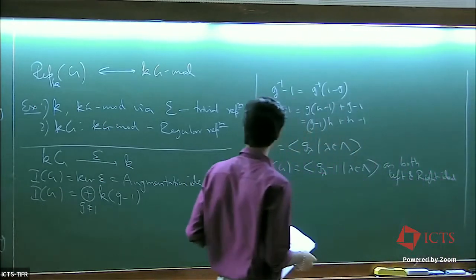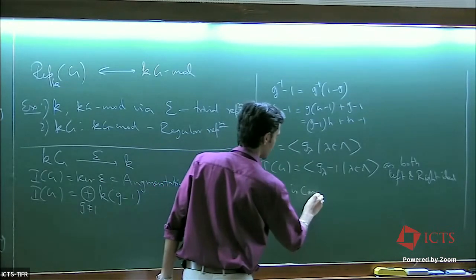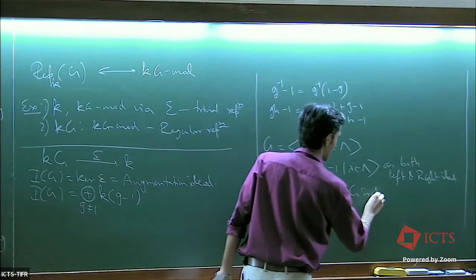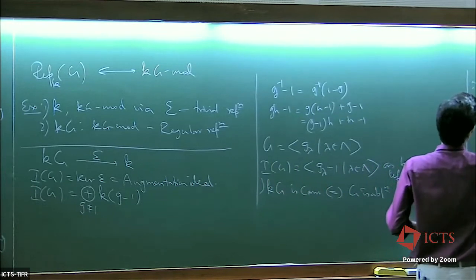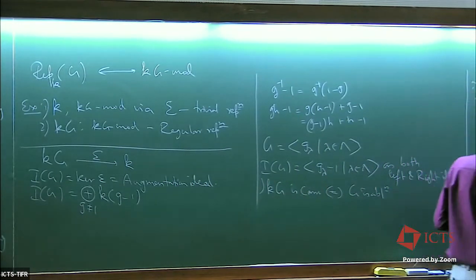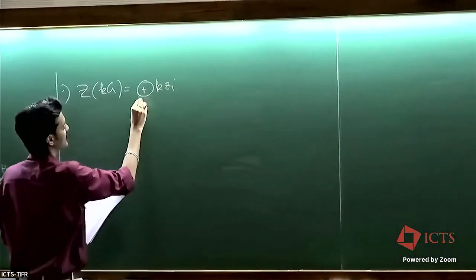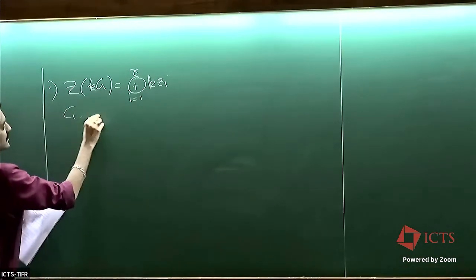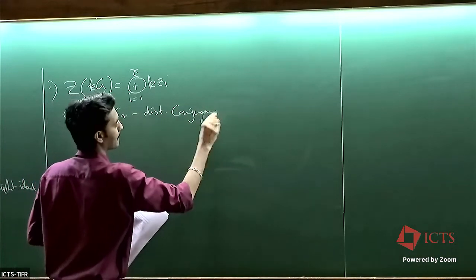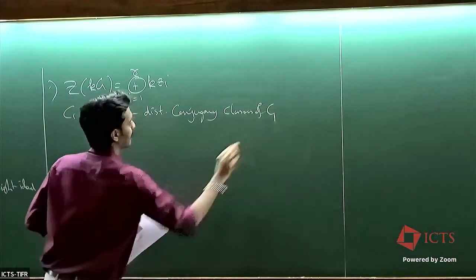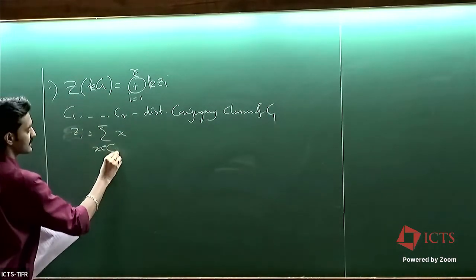Next, observe that with the help of basis elements, one can clearly check that KG is commutative if and only if G is abelian. In fact, even if G is not abelian, one can find the center of KG, and that is equal to the direct sum of KZi, where if C1 up to CR are the distinct conjugacy classes of G,